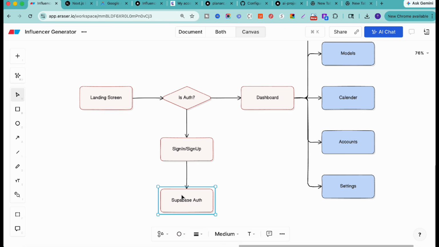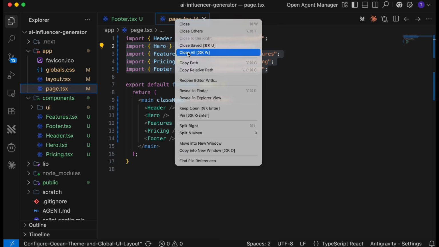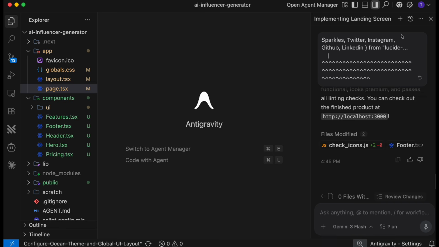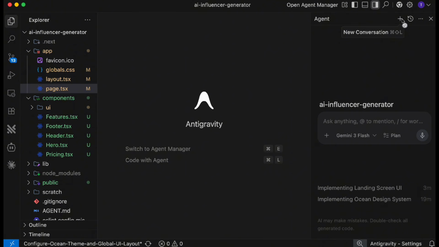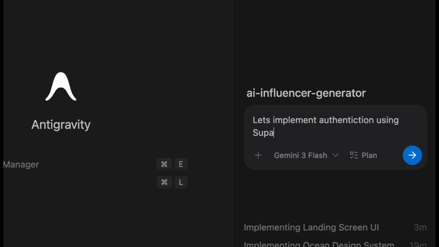If you have not used Supabase before, don't worry, I'm going to show you how to sign up with Supabase, how to get all of the URL and keys, and how to integrate with our app. So first thing, let's go to this AI agent inside the Google Anti-Gravity, and here we are going to mention each of the details. So make sure to create a new conversation every time, and then we'll add, let's implement authentication using, here we'll say, Supabase